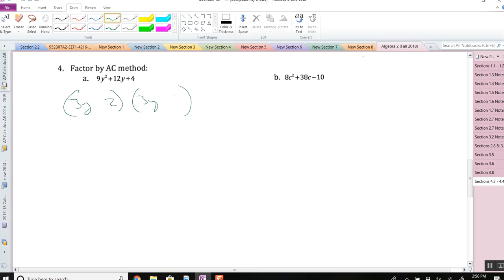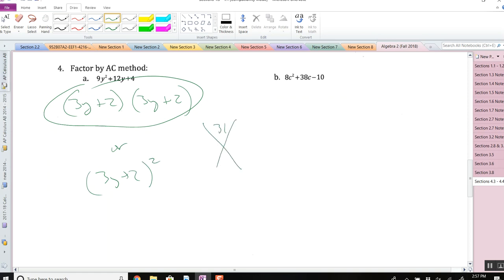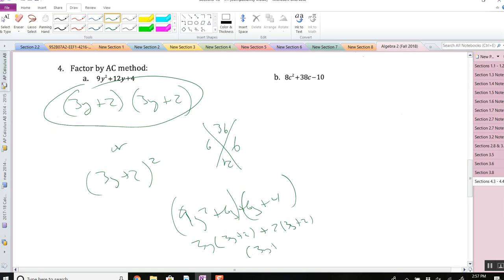3y, 3y, 2 and 2. And if you were to FOIL it, it would get you 12y in the middle. You get 6y plus 6y. So we got kind of lucky there. Or you could write it like this. If you so desired, we could have done that technique. You get 6 and 6. And then you can factor out 3y. Yeah, so anyway,